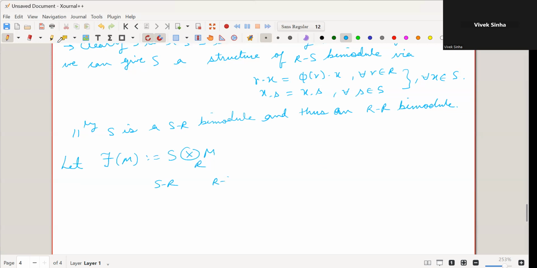This is an RZ bimodule, because M is an R module, you can give an RZ bimodule structure over it. So it becomes an SZ bimodule,